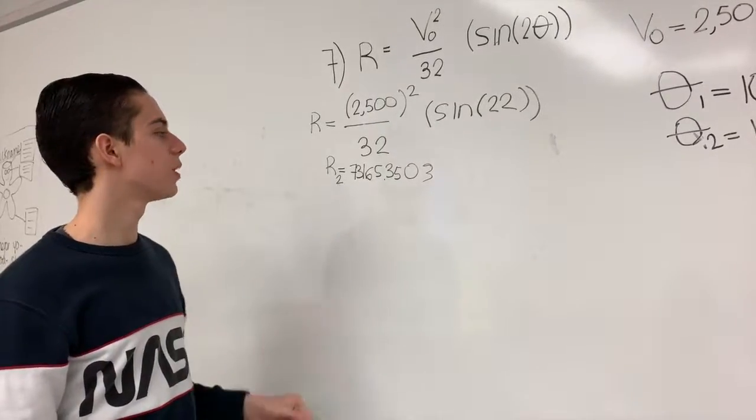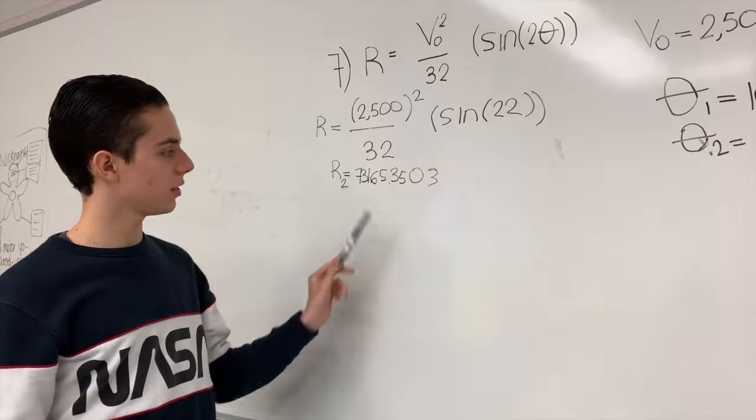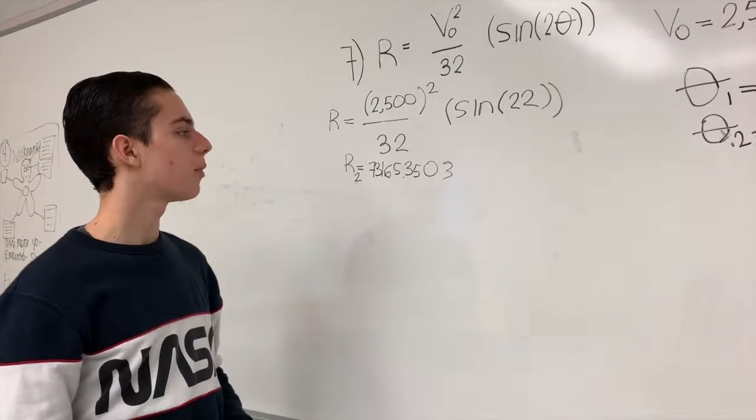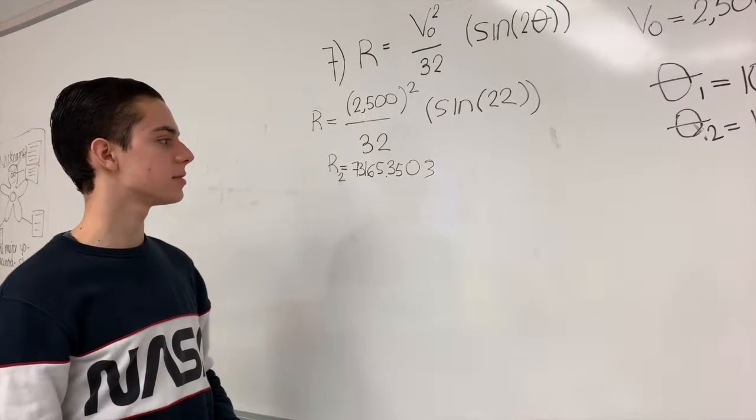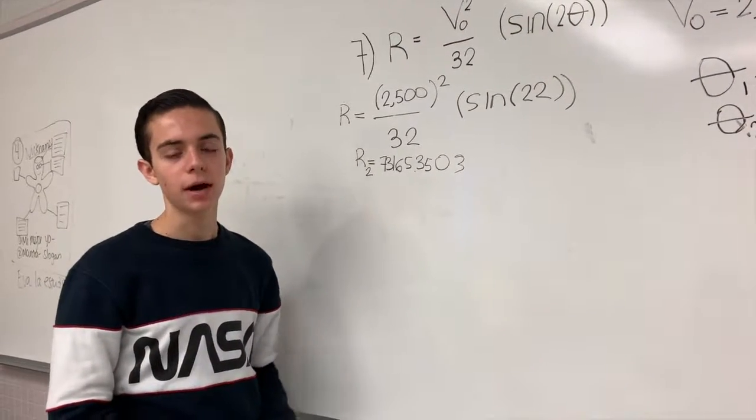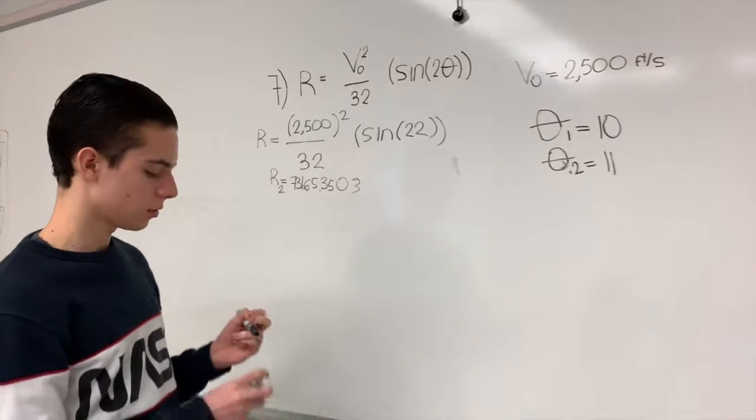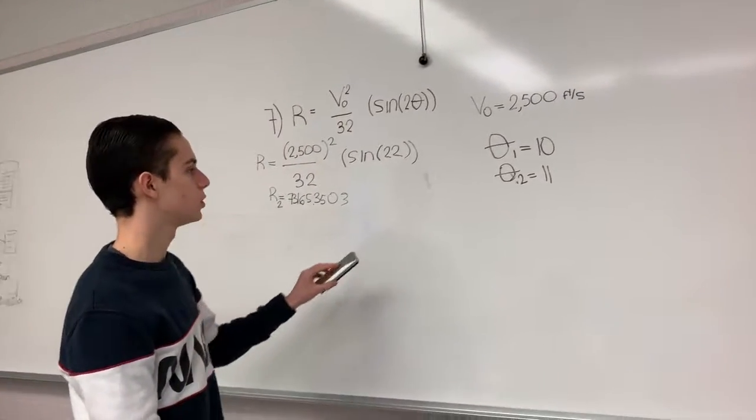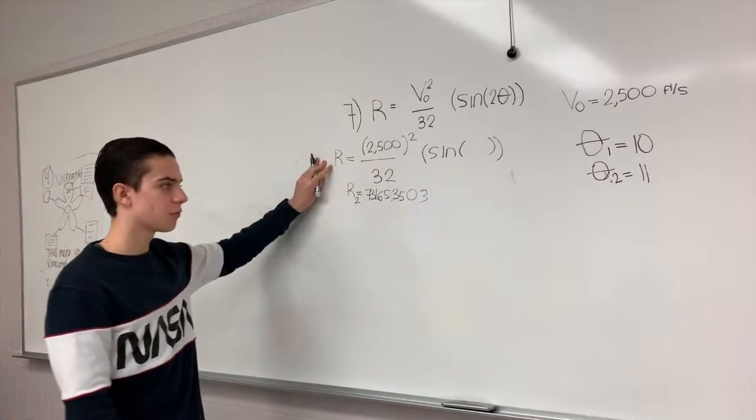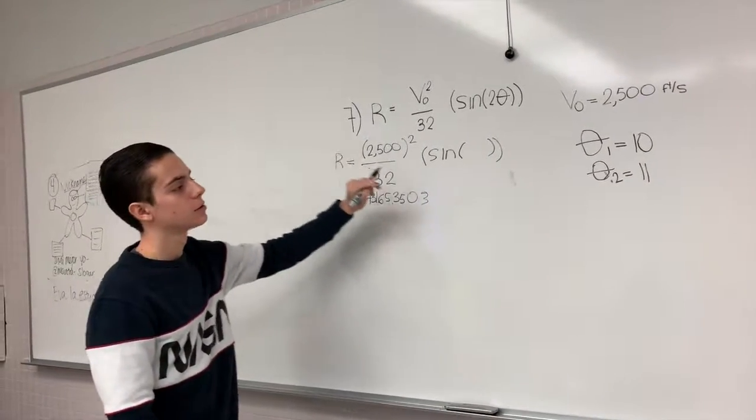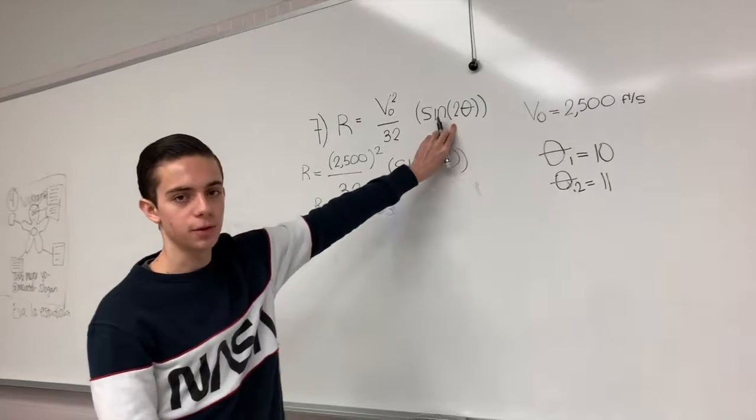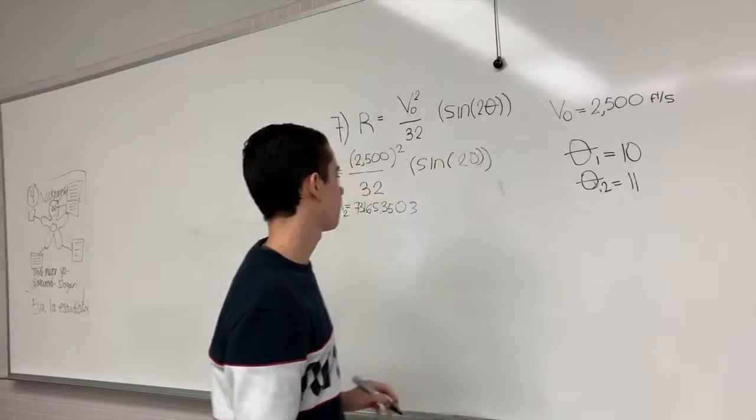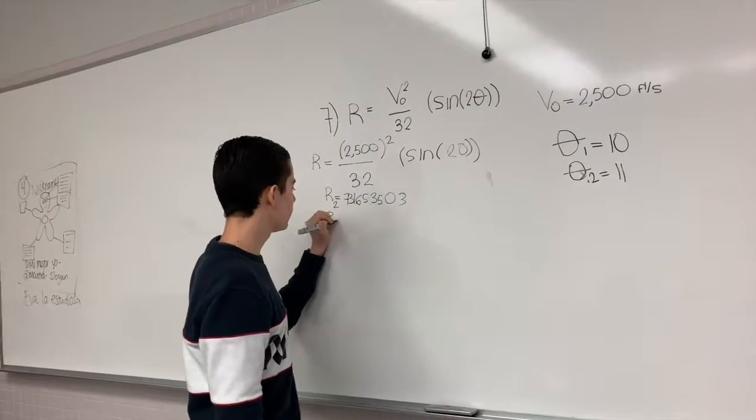So the answer of this operation is 73,165.3503. And then we're going to solve the first theta, which is 10, using the same formula. So we're going to substitute multiplying by 2 because we have a 2 in the trigonometric function, and it's going to be 20. And the answer will be